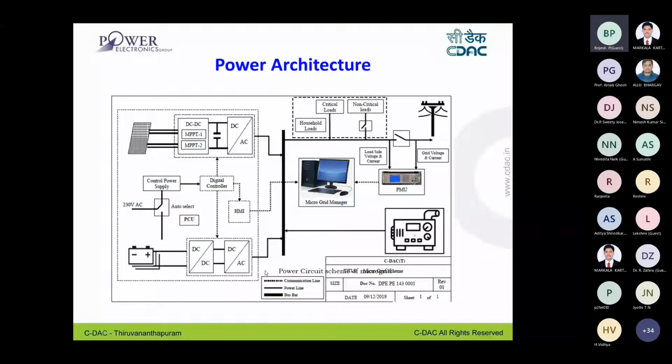And we also have an HMI, that is a visualization, a graphic LCD visualization, and also as a part of the HMI, you have communication. You have to communicate your parameters to a microgrid manager in this case. Based on the complexity of the microgrid, you can go for single board computers like Raspberry Pi, and high-end servers for your microgrid manager.